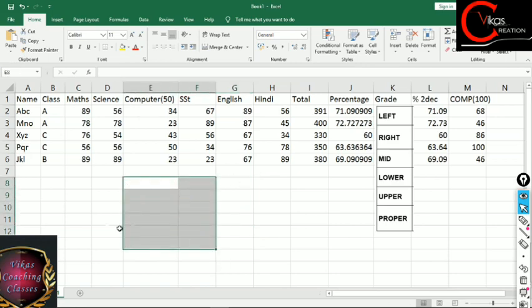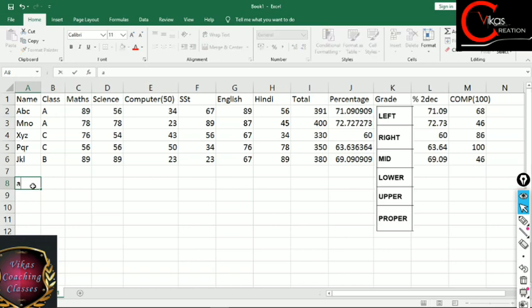Now let's suppose I was writing a remark, fine, in someone's diary or somewhere, and let's suppose I have written something in the small case only, like your child is weak, and improvement required. Then let's suppose I have written kindly meet class teacher. Suppose I have written this simple note.